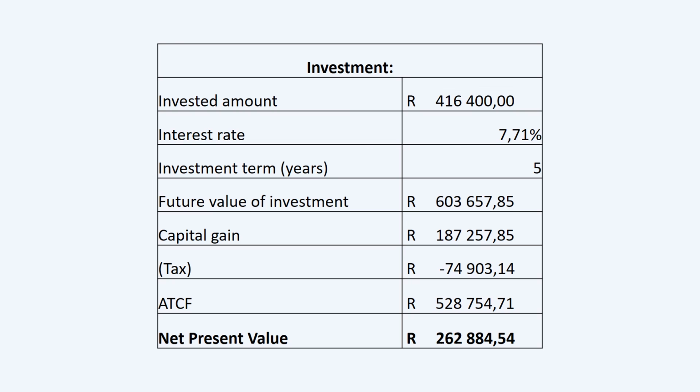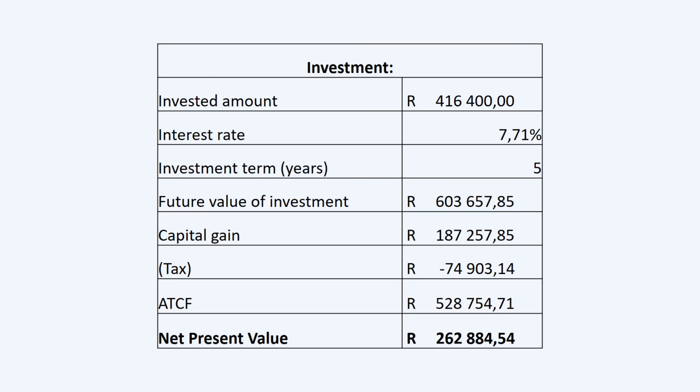This total amount was invested in the Global Emerging Market Fund with Old Mutual, which gives an interest rate of 7.71%, which gives a substantial future value of the investment. The tax was deducted from this from the capital gains, which gives an after-tax cash flow and the net present